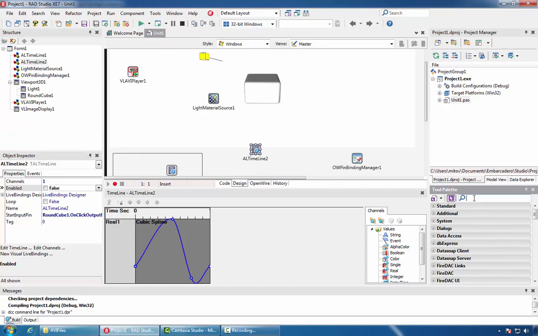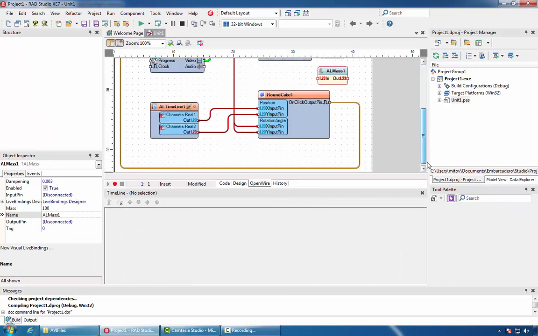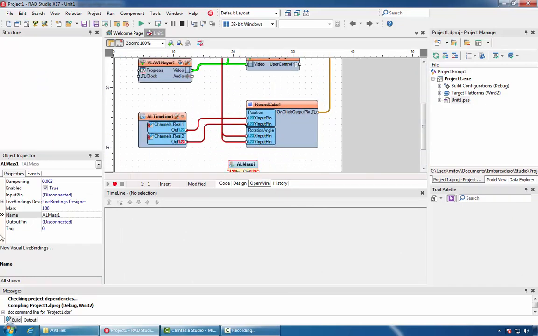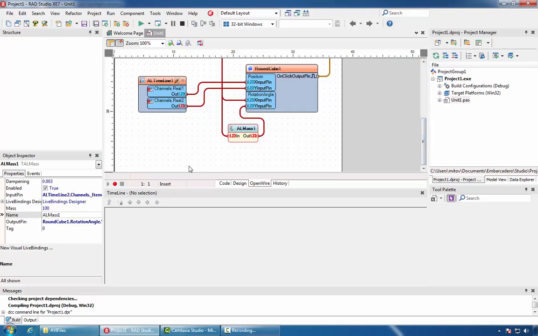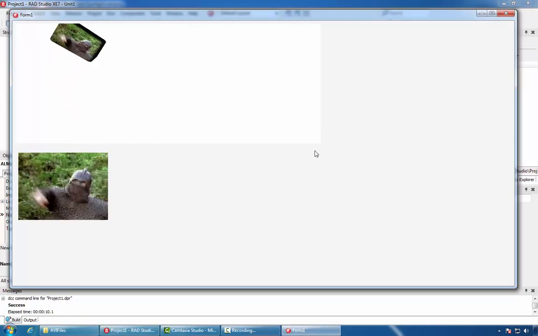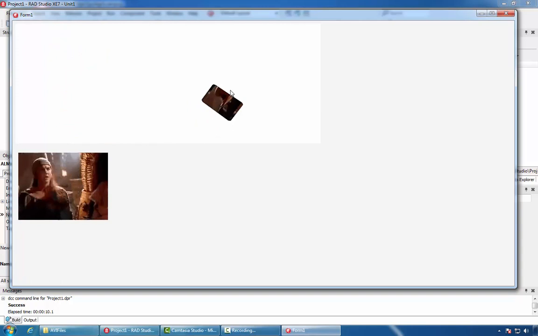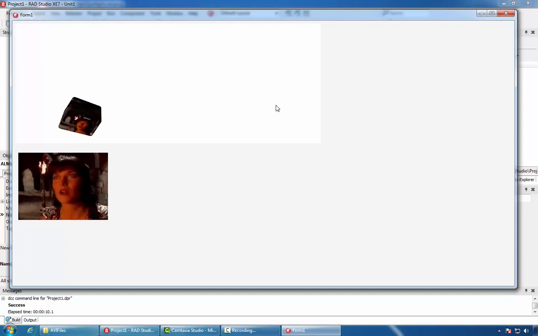We'll make it even more interesting by adding mass effect on one of the axes. To include the effect, we will connect it to the Y input pin of the rotation and the mass itself to the animation timeline. Let's run and test it. You can see that the cube is rotating and wobbling if we click on it.